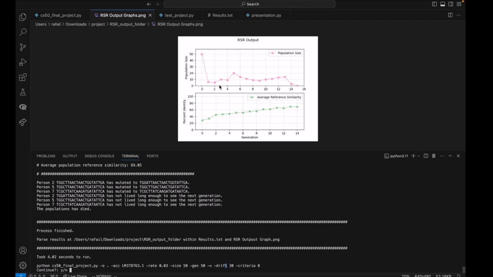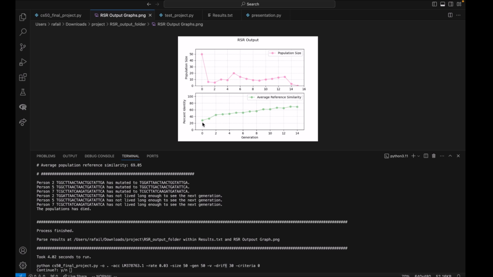You can see on the graph, it's already updated. It's in the same spot, so it updated the graph, and this doesn't really bode well for the population, especially in the first jump, in the first generation, because we immediately dip. Though the average reference similarity doesn't seem to be changing that much in its shape, because even in real evolution, we do notice that whenever there are heavy amounts of drift,